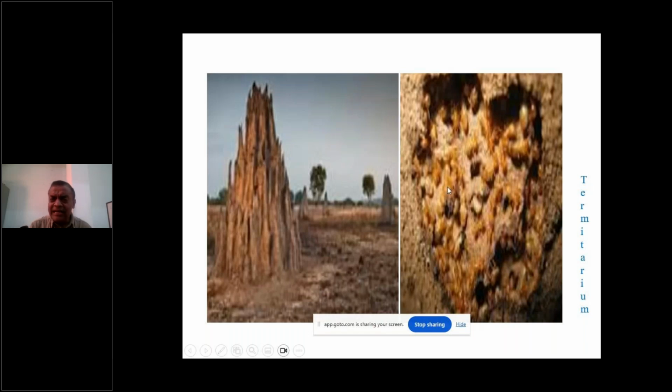So this is not allowing any heat radiations inside. So inside there is a very cool temperature. This way, that Japanese architect developed this kind of building. It is very similar to the termite excreta deposited after eating wood, and created this kind of building. So this is a very good example